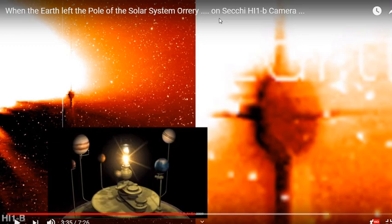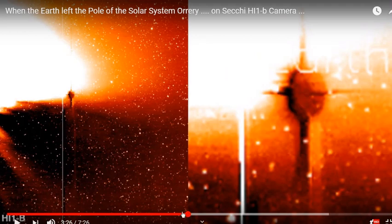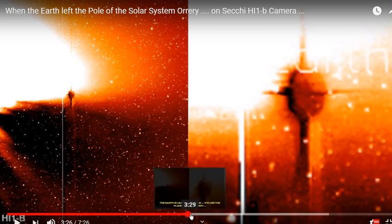And so what you're seeing here, they're saying to us, I'm just going to find a different picture for a minute. Okay, so what you're seeing here apparently is a pole, a big sort of skewer almost, and the Earth is right here. What you're seeing right here seems to be the shadow of it against this backdrop, which is a fake universe, a fake sky. And apparently, according to these videos,